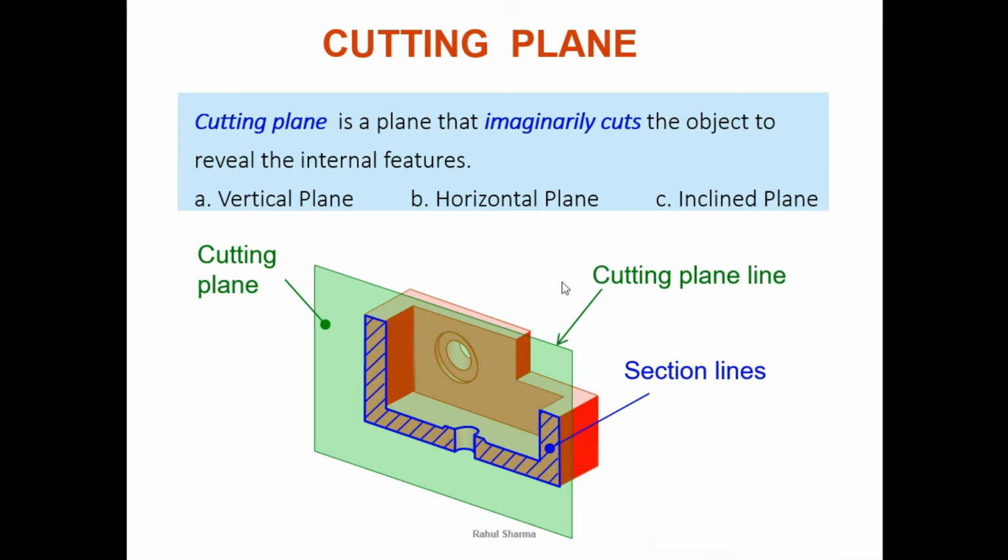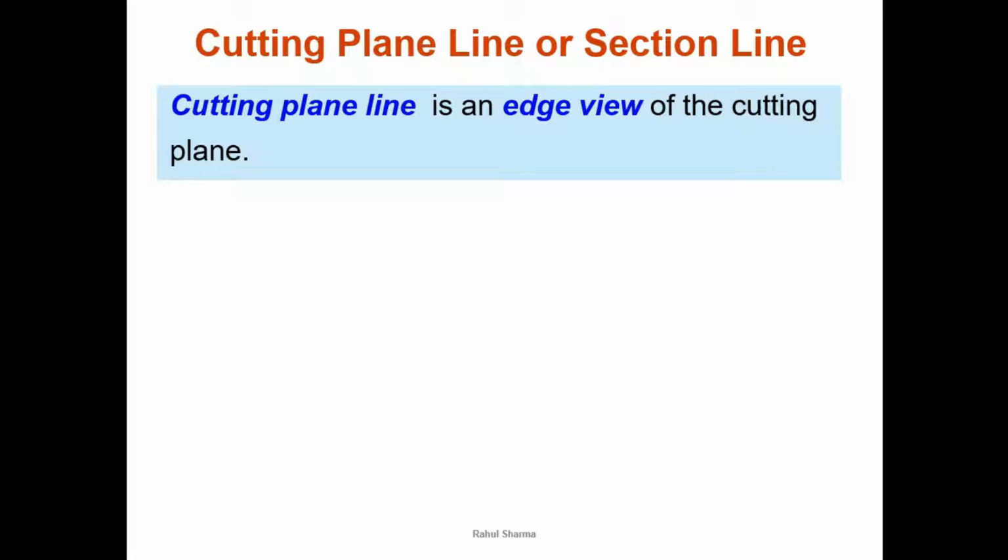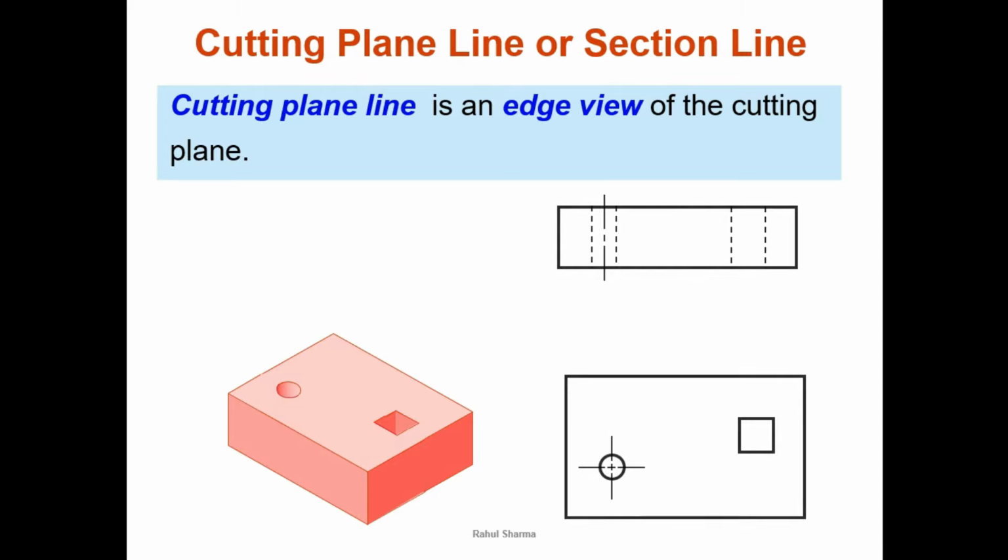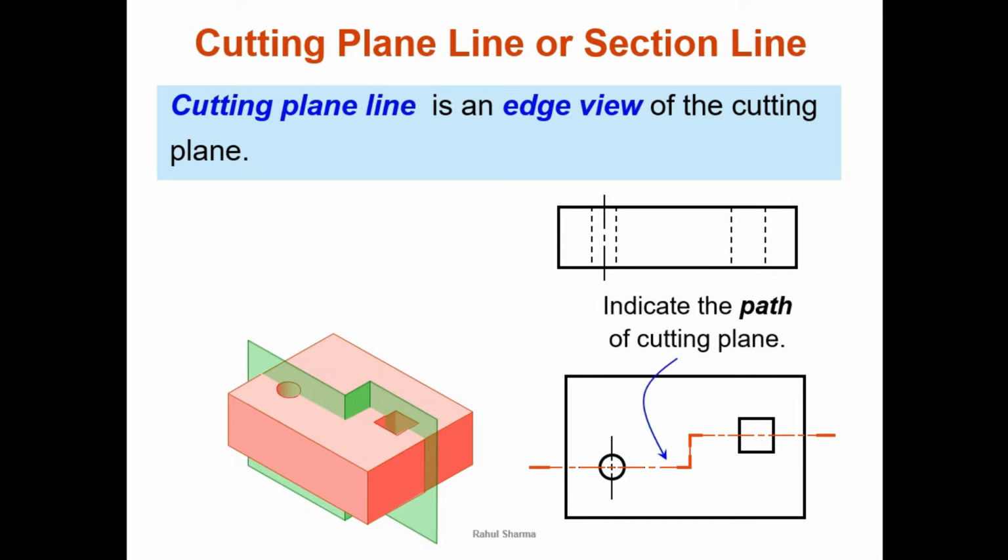What is a cutting plane line or section line? Let's say this is an object and we have to show the front view, top view like this, but we want to draw the sectional views. You have to cut the object like this. Now for this section plane, this is actually our offset sectioning, but this zigzag section plane is there, and in the top view what you can see for this plane, this line only which I am highlighting. Now how to represent this line in the top view? Like this, right? And this is known as section line. What is the meaning of, what is the need of this section line?